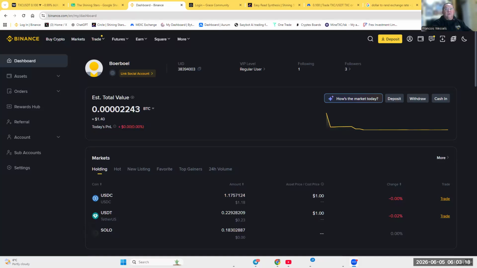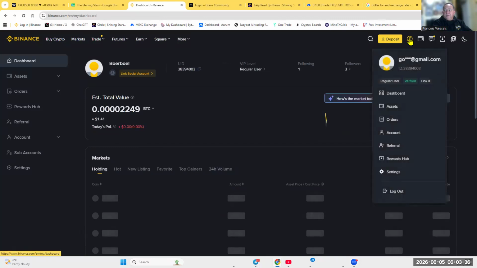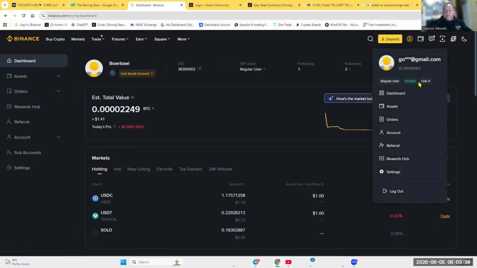All right. First of all, what you guys need to know when you're logged into your Binance account, there are two things that you need to look for before you do any payments. First of all, if you click there, you can actually see that you're verified. It's very important.